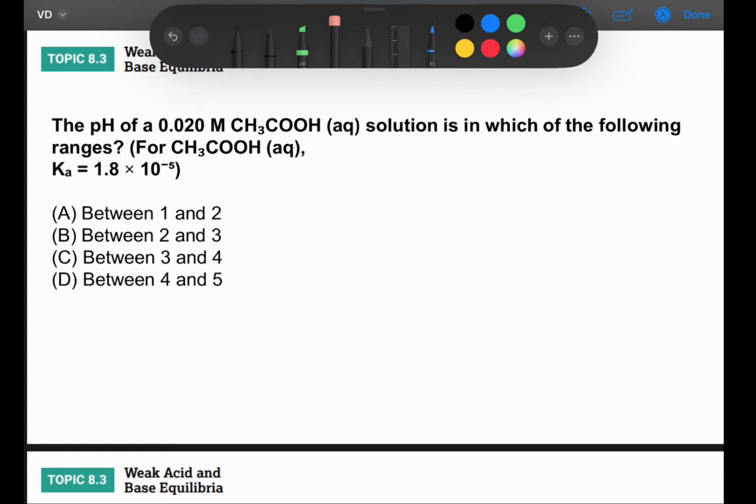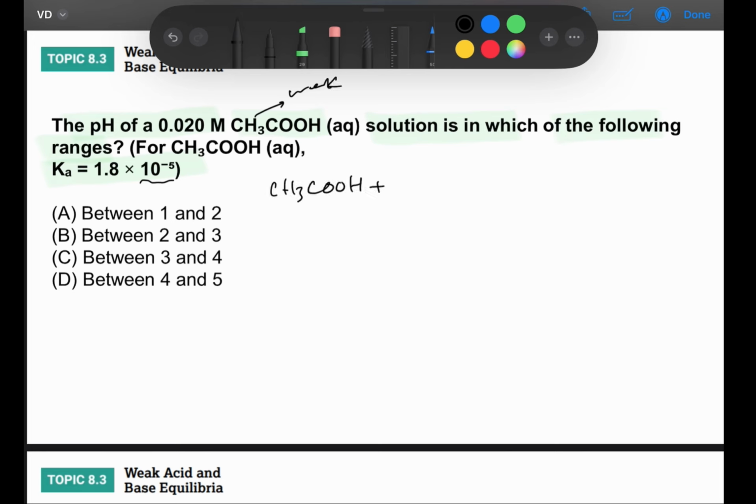All right, so the question says the pH of a 0.02 molar solution of CH3COOH, which is the vinegar solution, is in which of the following ranges? All right, so we're given the value of Ka. Since the value of Ka is less than 1, then I can consider that this is a weak acid for sure. Now I have to say, okay,